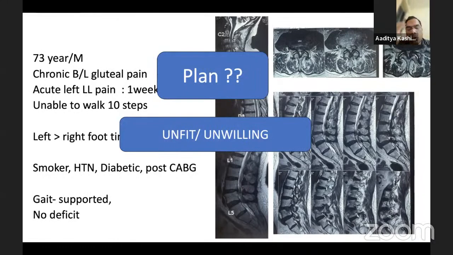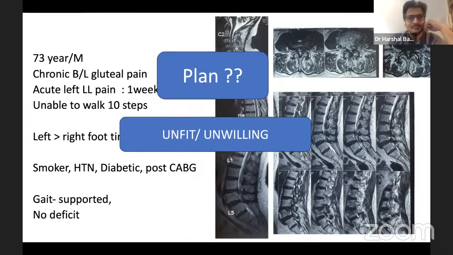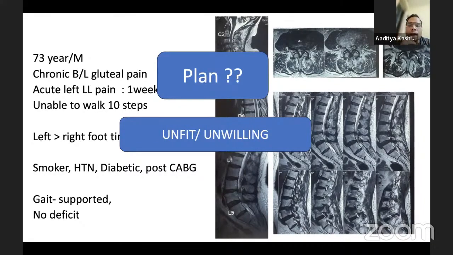So in such a scenario, maybe we will have to tell the patient that ideally surgery needs to be done, because there is severe stenosis and it's a mechanical issue rather than anything else. So that needs to be addressed by surgery. But because of unwillingness or because of unfit medical condition, if we have to give any treatment option, then I think pain blocks will come into the picture, pain management in such scenarios. Even though in normal circumstances, with such a tight stenosis, I may not advise pain blocks, these are the conditions or scenarios where I would suggest them.